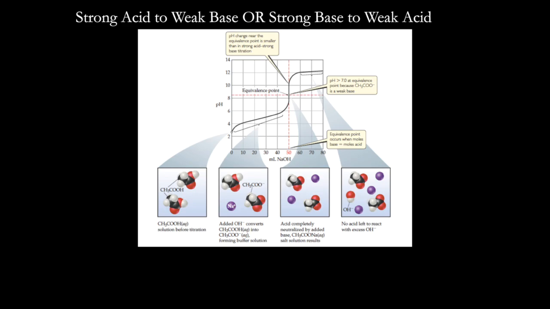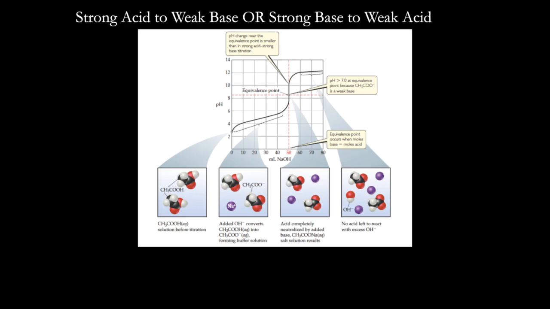Okay? Notice you're going to have that sudden jump up to your equivalence point, that increase in pH, and then past your equivalence point it's going to kind of level off again. So it looks similar, but let's focus on how this is different from a strong acid, strong base titration. Notice that as you're adding OH minus, if you look at the drawings here, that actually converts your acetic acid into acetate ions, which we've already learned about at this point. So it's actually forming a buffer solution, meaning you have your acetic acid and your acetate ions. Your pH is increasing, and then also look at your equivalence point,